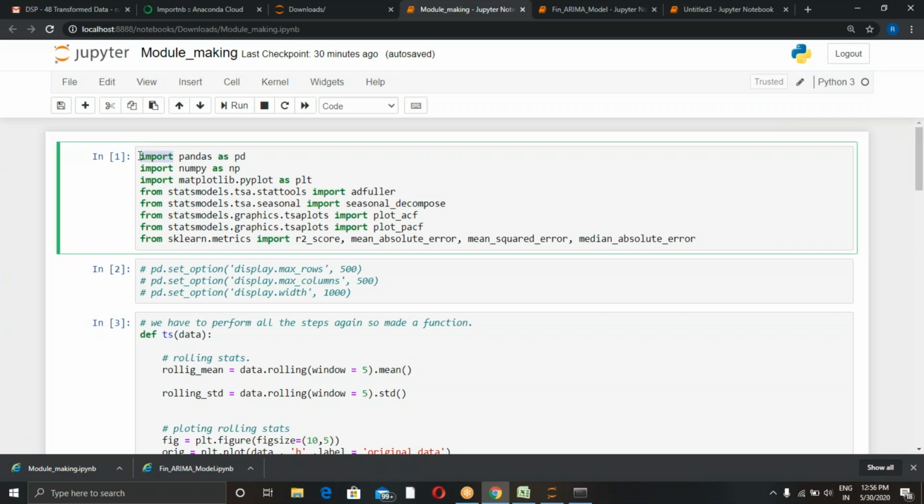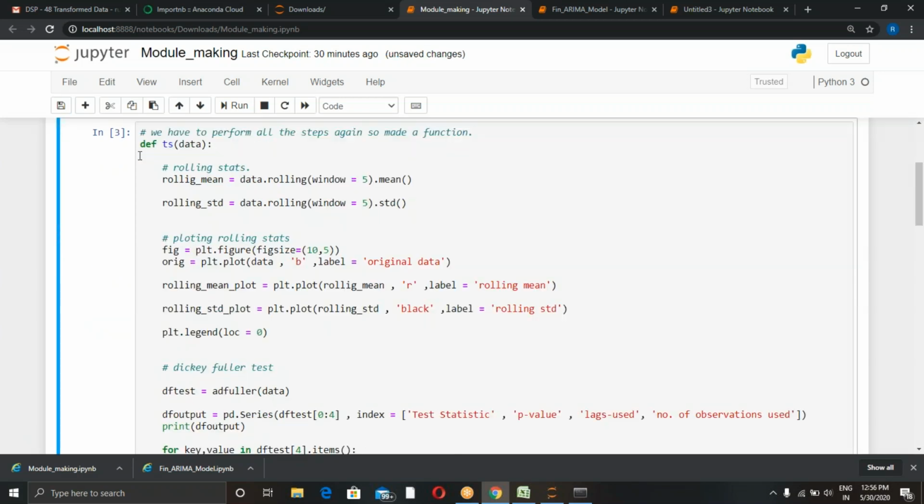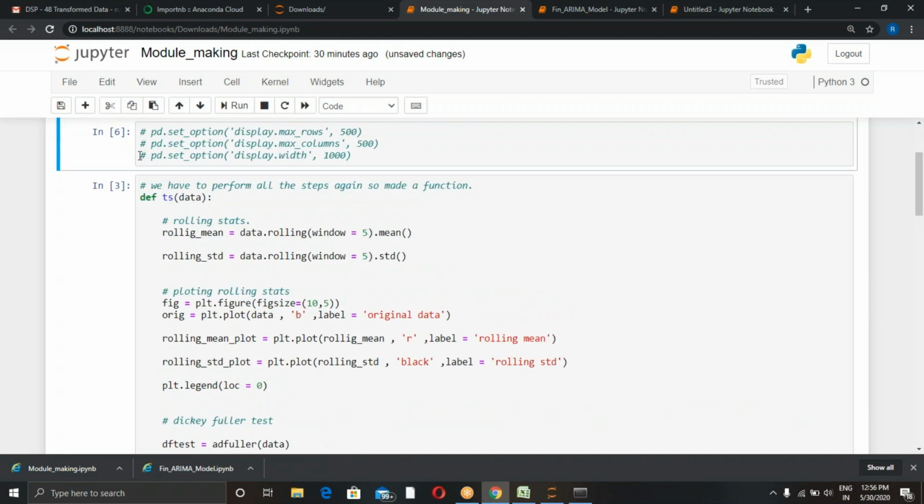Just run this command. Here, instead of window 5, make it 12. Sorry, 12, not 5. Below as well. Show me down now.